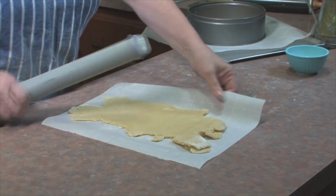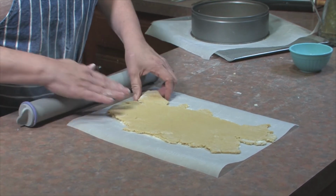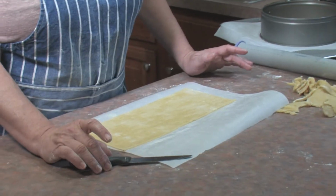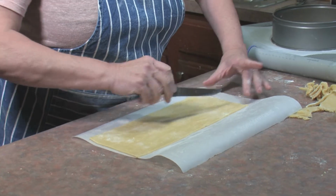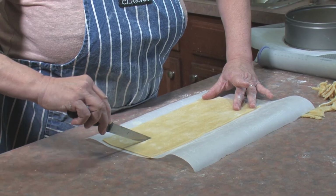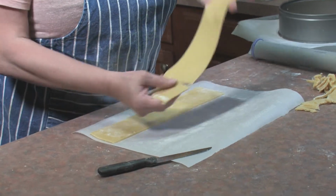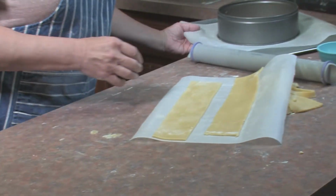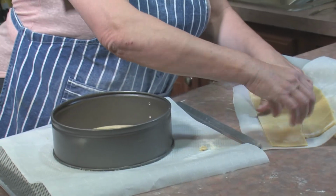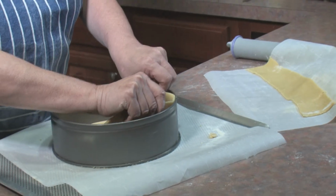The goal is to cut 2 large bands that will be the sides of the flan. What we're going to do is cut this piece of dough halfway to make 2 bands. And we're going to bring back the mold, and all we need to do is bring those bands around the sides of the mold,